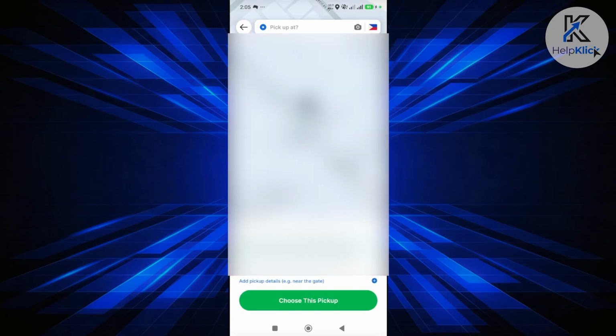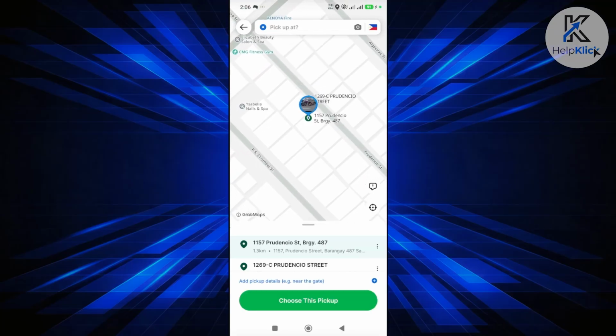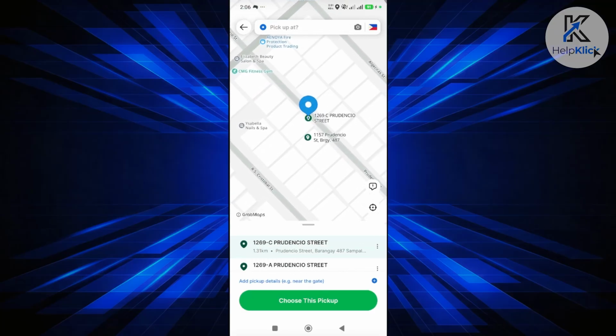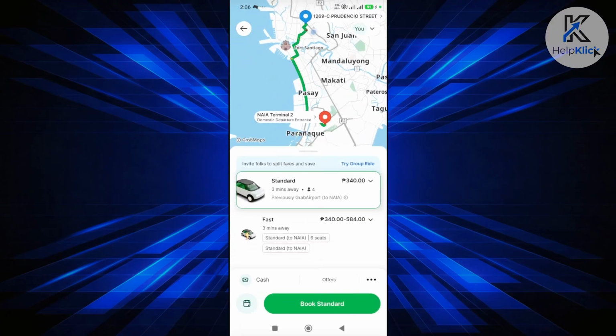It's going to show you your current address here. Now, in here, you can just choose your address. Obviously, you can click on the pick up at the very top there. You can just enter the address where you are coming from. Now, the great thing about this one is you can also move the pin on your screen. The center blue pin that you see on your screen here, that's where you are going to be picked up from. So you can move it around, just in case, let's say, your GPS is not that accurate and that's not where you are. Go and select that yourself in here. You click on choose this pickup,